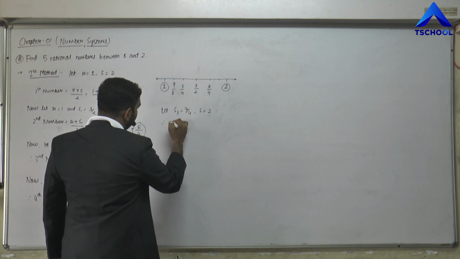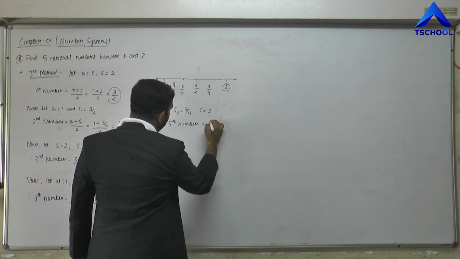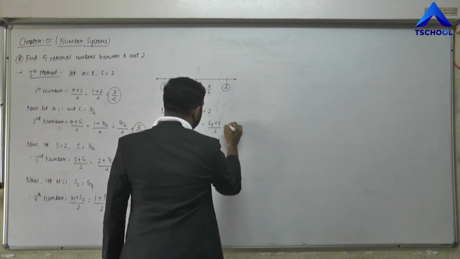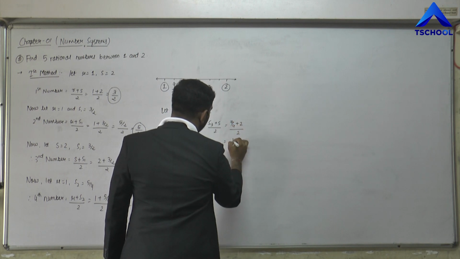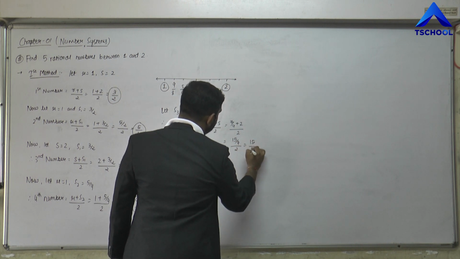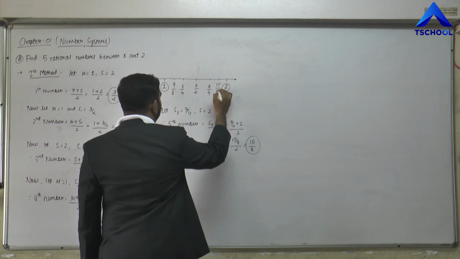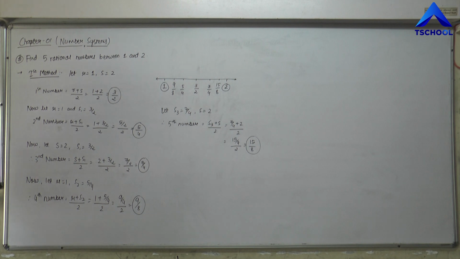Therefore, the fifth number is equal to (s3 + s)/2, that is equal to (7/4 + 2)/2, that is (15/4)/2, which is equal to 15/8. So I got a number here, that is 15/8. Is it clear, friends? So in this way we can get 5 rational numbers between 1